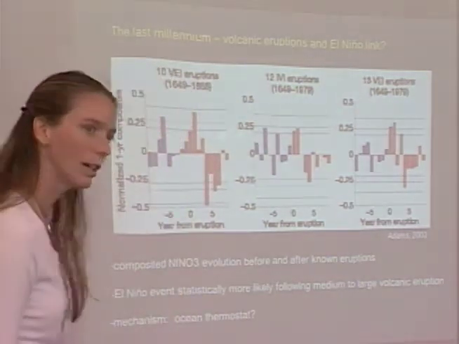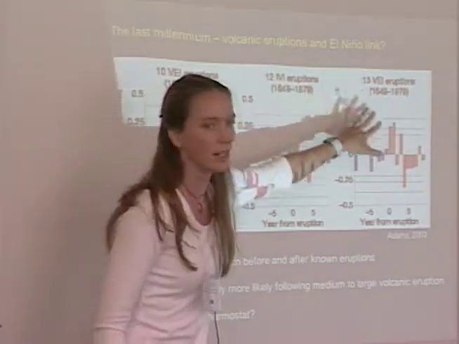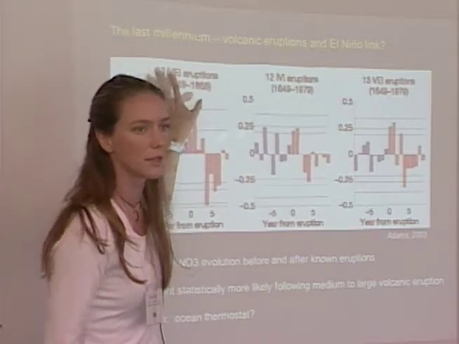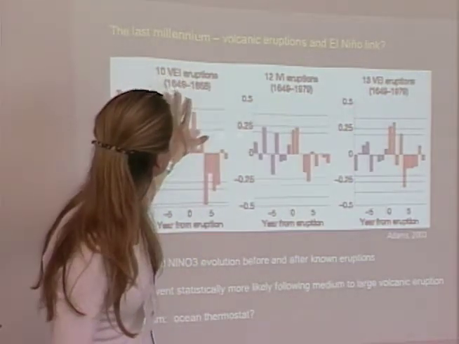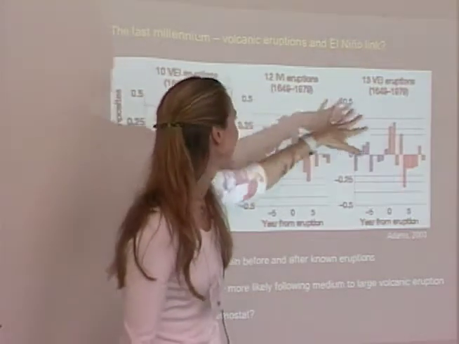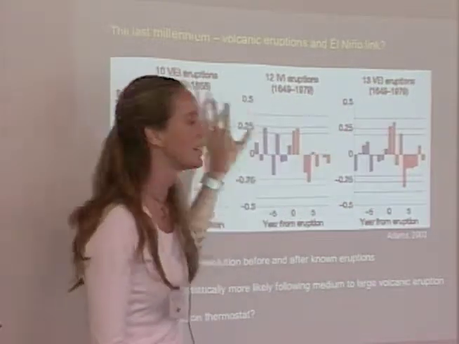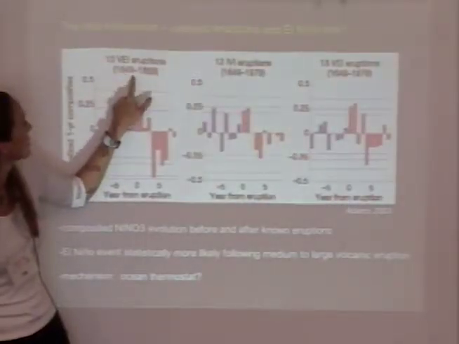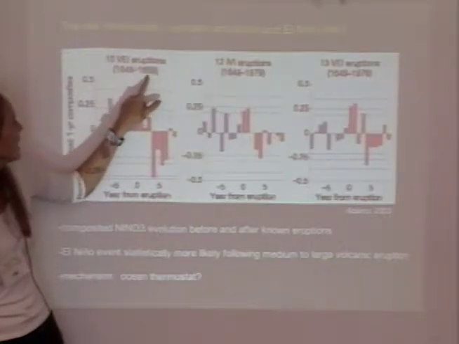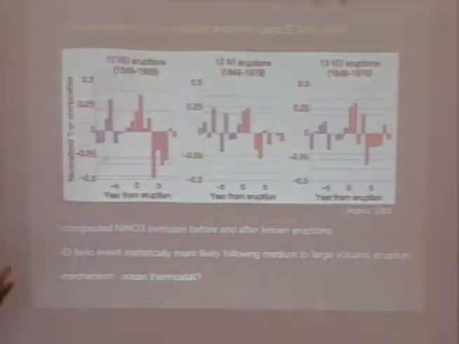What are the 3 different plots? This is a variety of using different kinds of eruption. Yeah, so different records of eruptions. They don't agree perfectly, unfortunately. So this is a VEI, an IVI, and a VEI. This is 10 of the strongest events, 13 of the strongest events, and then this is, as you can see, over different time periods. This is 200 years to 1889, 1979. So they're just trying to give you a flavor that they have tried a lot of different kinds of combinations.